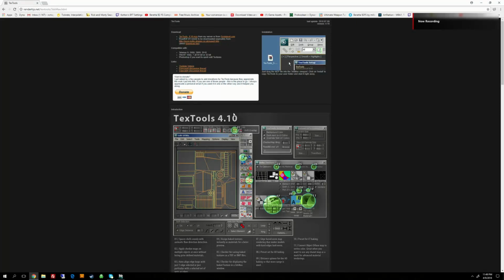All right, so before we go any further with the modeling, I just wanted to get some plugins installed, which will help us down the road with the unwrapping process. So this plugin I use often is called Text Tools. I'll put this link in the description, but you're going to go ahead and download. Right here is the download link. Just go ahead and click that,